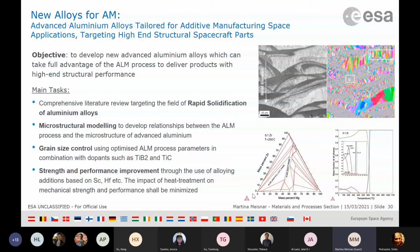meant to be a casting alloy, but for some reason it was quite easily additively manufacturable, and people stuck with it. But it definitely does not achieve the same properties as our conventionally produced 6061 or 7075 aluminium alloys that we often use on spacecraft. So we're now looking into, instead of replacing these parts with aluminium silicon 10 magnesium parts, we are now trying to find new aluminium alloys